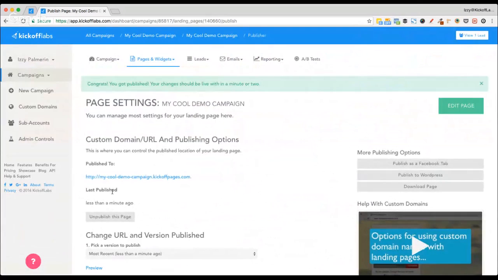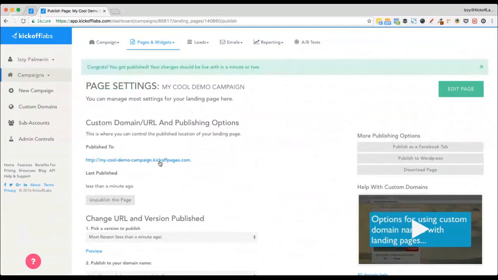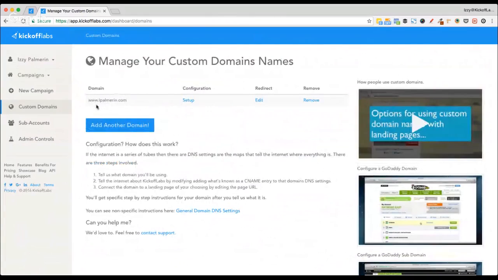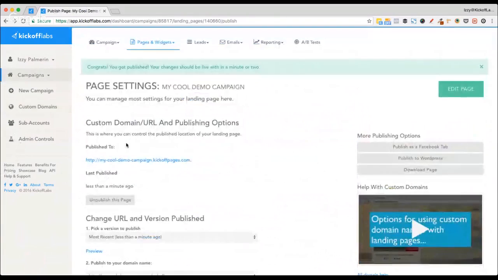Okay, and it gives me the actual page itself. Obviously, right now it's published to a Kickoff Pages domain. I can add my own custom domain by going to the Custom Domains tab. You can see that I already have my own personal domain here. It is really easy to set up. All I need to do is make a quick CNAME change,